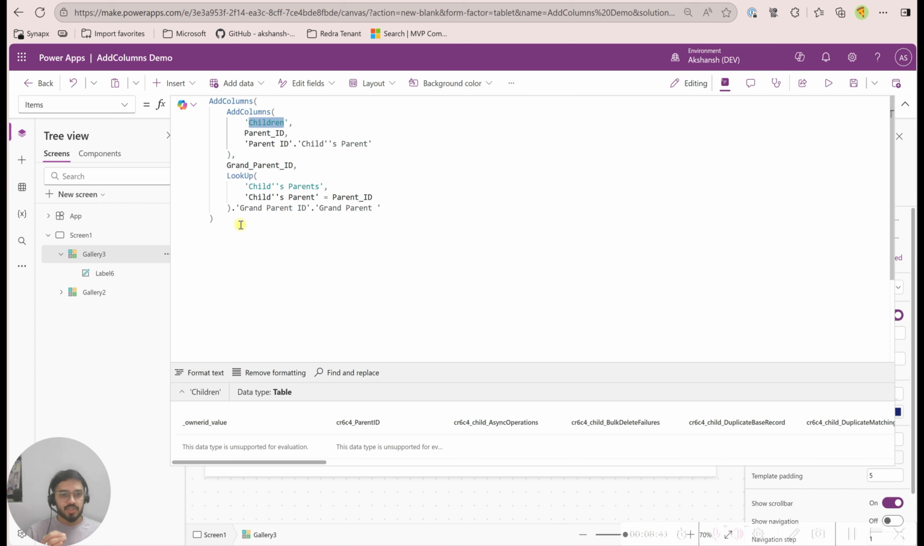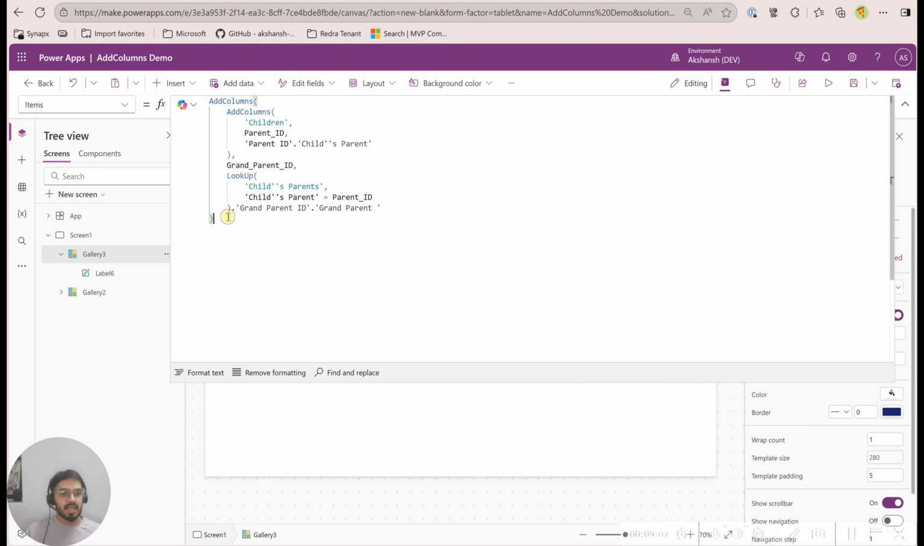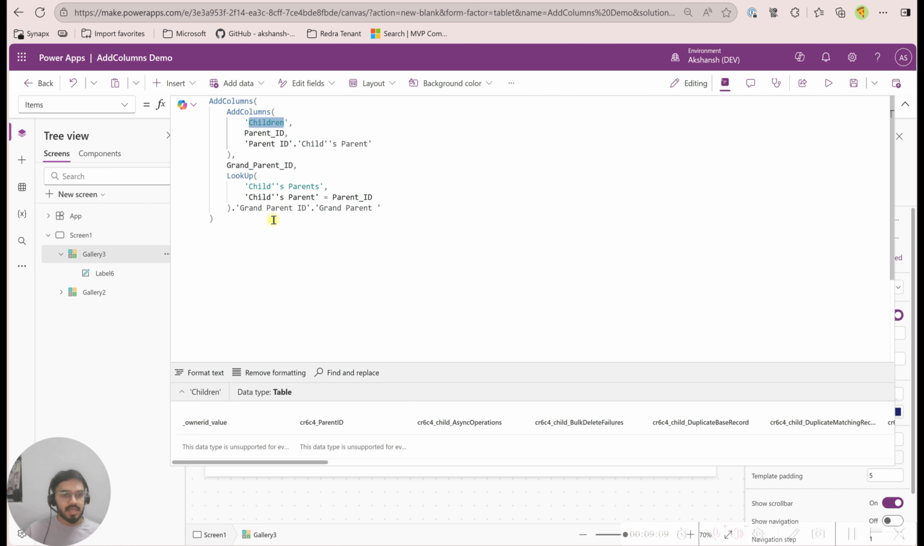The moment your children table has over 2000 records, your add columns will not work on the records above 2000, right? So that's the delegation, right? It won't add your parent ID above 2000. Even though there is no delegation warning, you won't be able to see the records above 2000. And if for whatever reason you are using this in one of your projects, it will happen